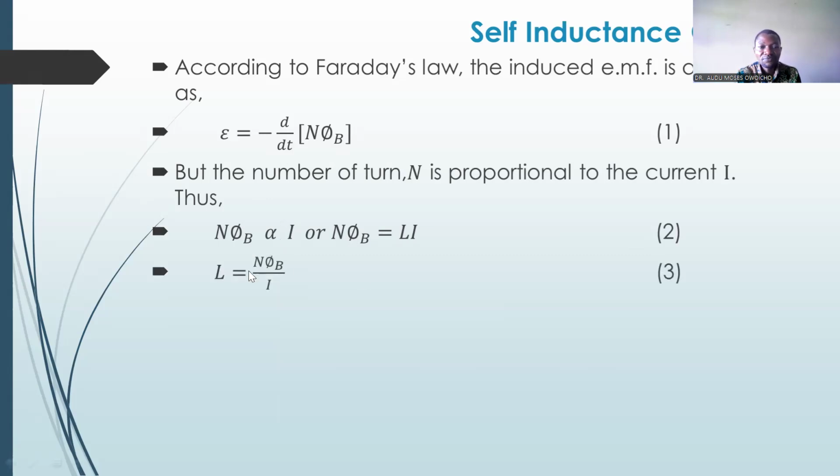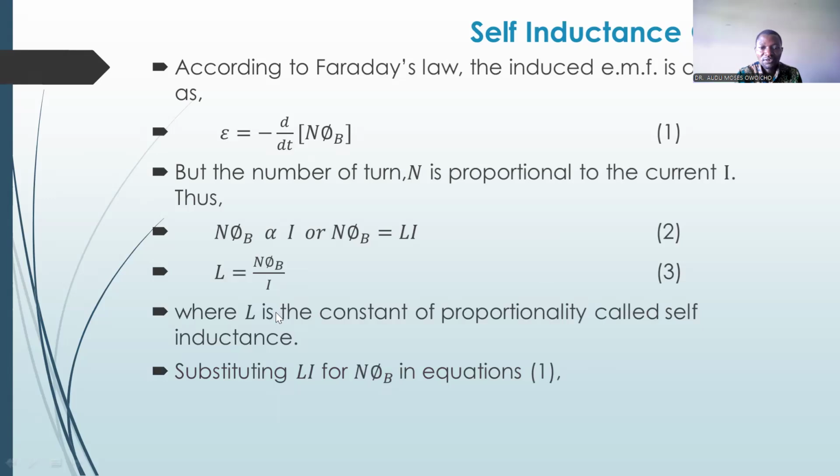And if we simplify, making inductance the subject of the formula, we have equation 3. Our L is the constant as explained earlier. So if we substitute Li into equation 1, we will have equation 4, which is the expression that the induced EMF is equal to the negative of the inductance times the rate of change of